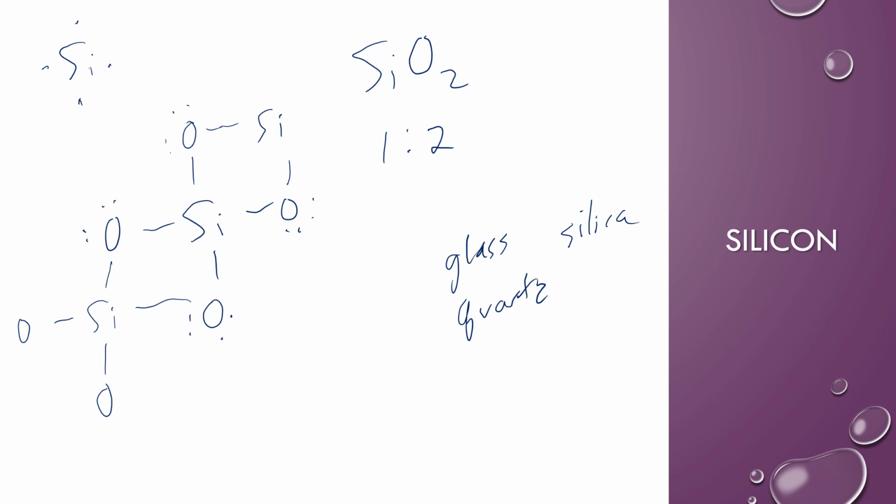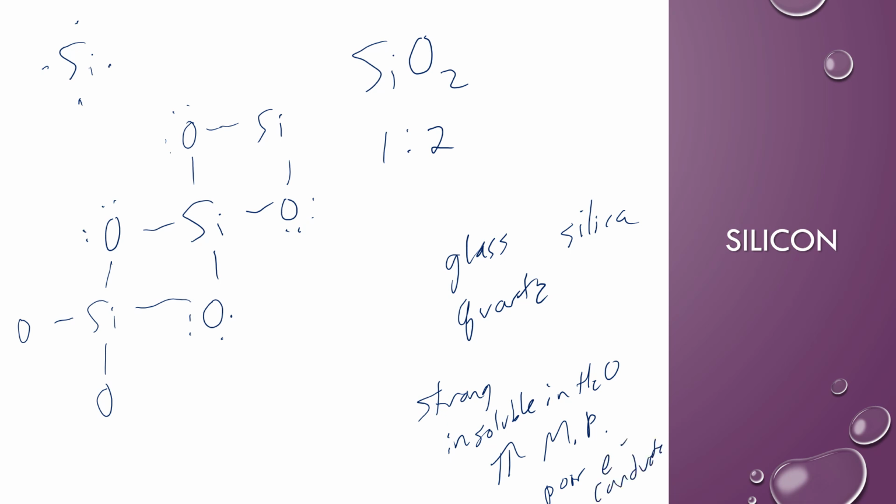And like the different structures, a couple of things you should probably know. They tend to be very strong, although more brittle. They tend to not be soluble in water. They tend to have high melting points. And they tend to be poor conductors of electricity. So really just make sure that you know the different allotropes of carbon, and the SiO2 for those